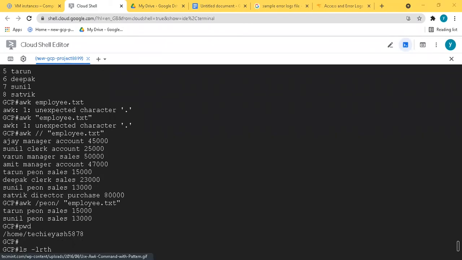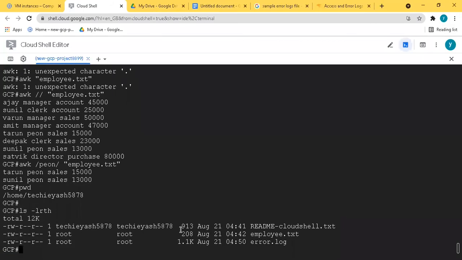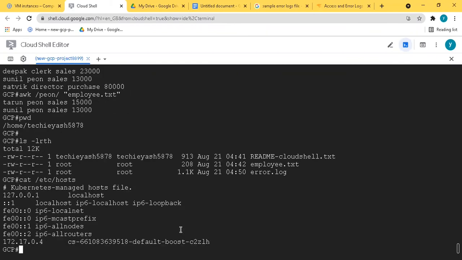So suppose there is one file, cat /etc/hosts. Let me check if there are any hosts, or only localhost is there. So you want to find out the localhost. This is a similar operation that we are performing.